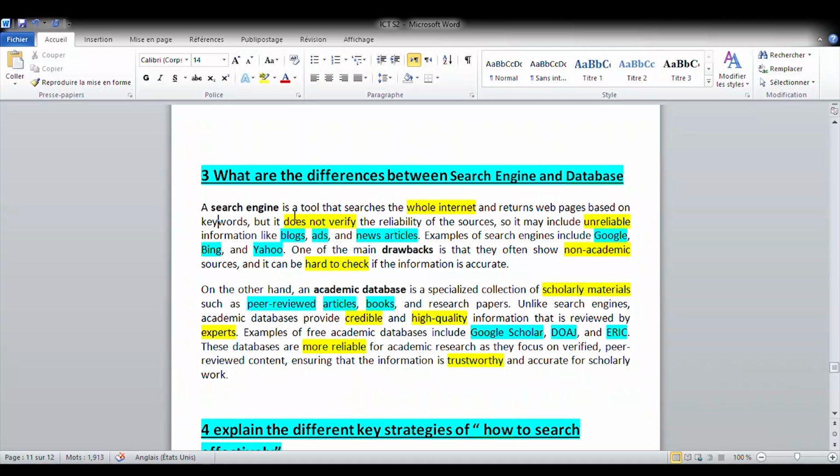A search engine is a tool that searches the whole internet and returns web pages based on keywords, but it does not verify the reliability of sources, so it may include unreliable information like blogs, ads, and news articles. For example, we have Google and Bing and Yahoo. One of the main drawbacks is that they often show non-academic sources